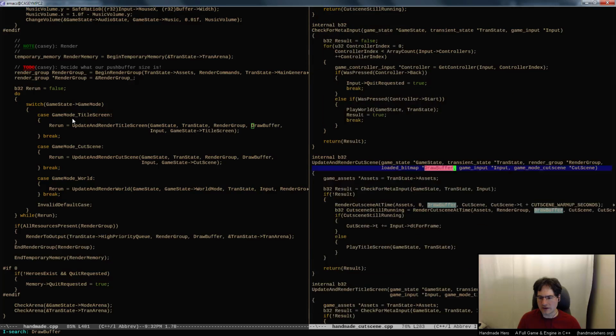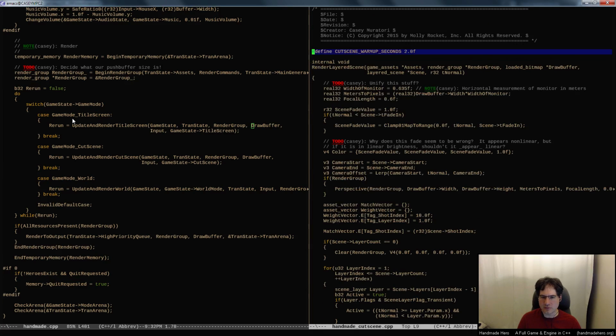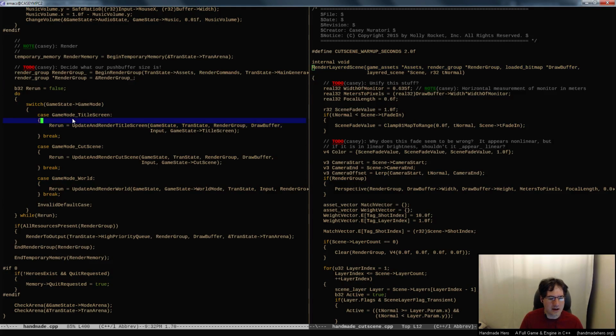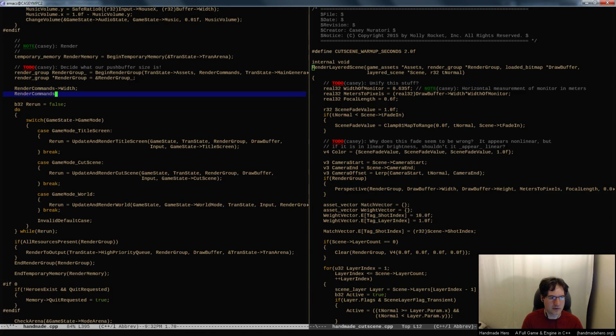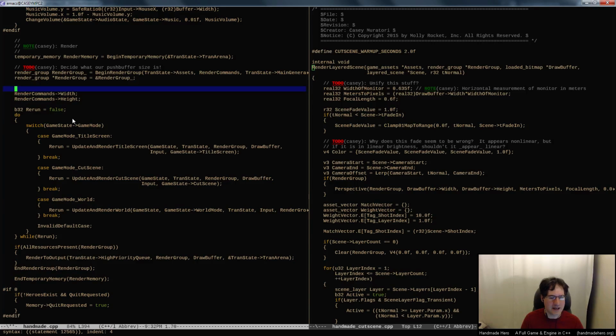Yeah, so it's just using that to set the perspective. So it doesn't really need the draw buffer. What it really needs to know is just what the render output size is for the screen, right? And so that's actually something that we want to probably be doing in a different way. For the moment, we can just do that with the render commands because it's got the width and the height in it. So we can, if we want to, do like loaded bitmap, draw buffer,